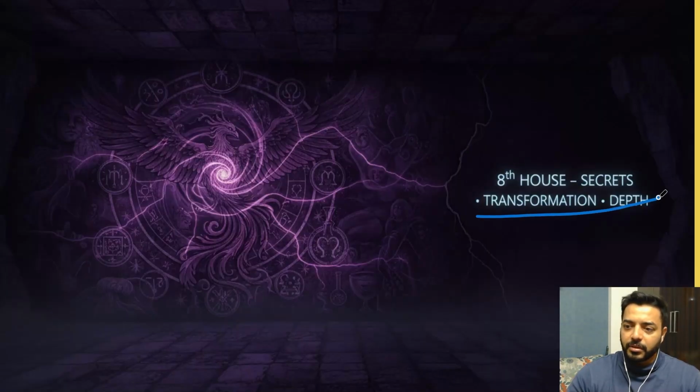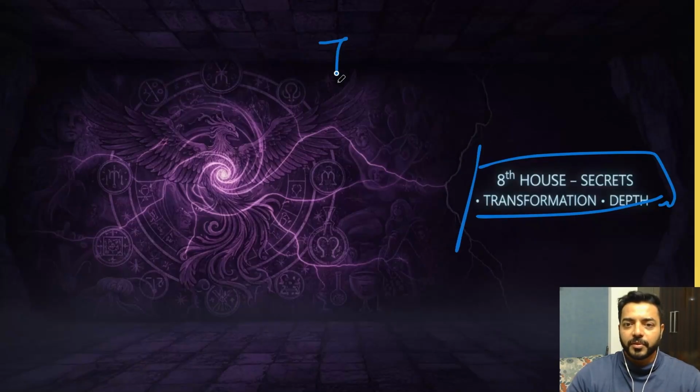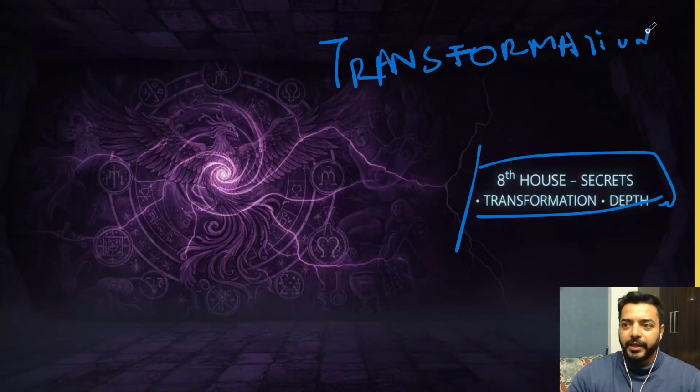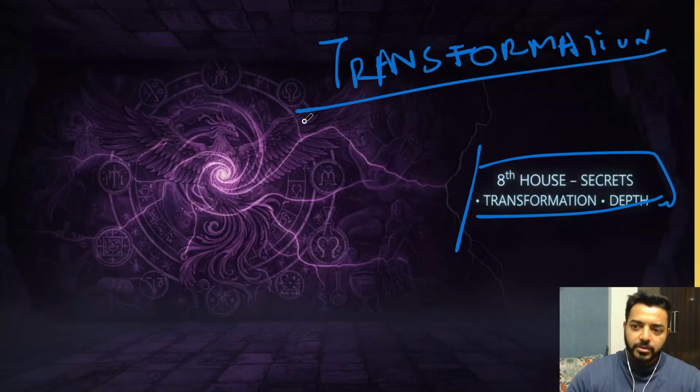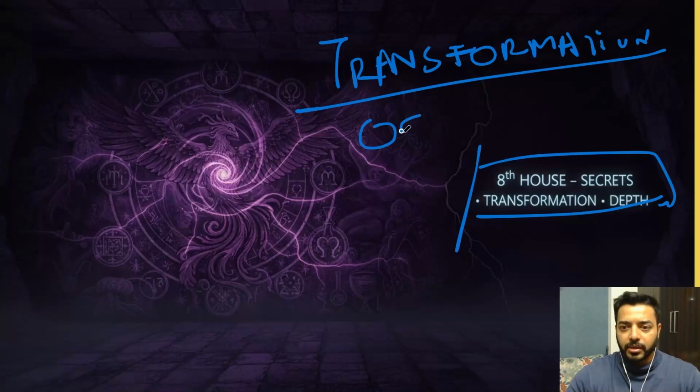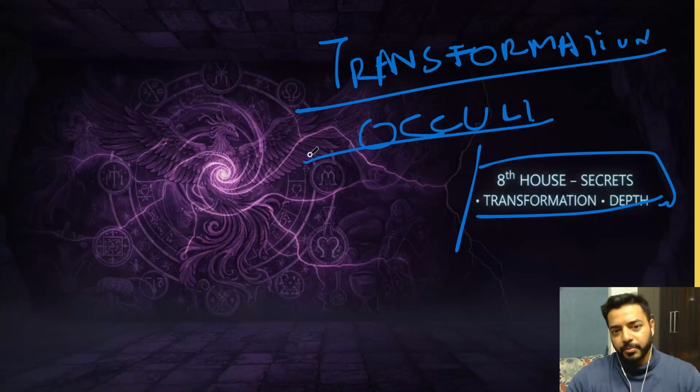8th house, to most people it is difficult to understand. The reason is it's called the house of transformation. So it's really hard to understand, or it's a bit of an abstract concept. So 8th house is usually the house of the occult. If your 8th house is strong, it's a house of some